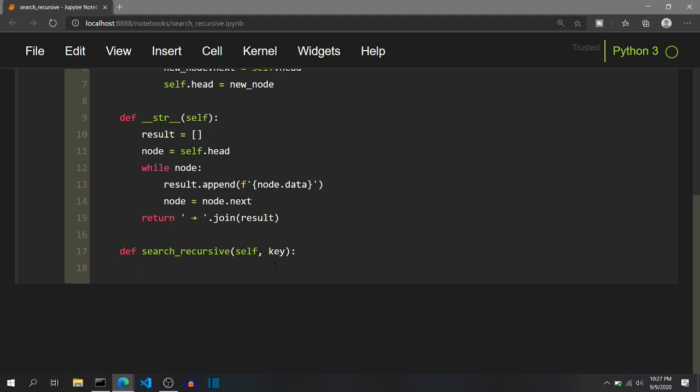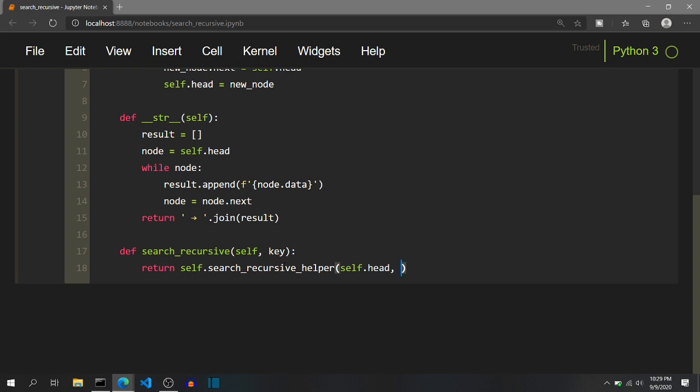So inside this recursive function, I will return the value returned by the self dot search recursive helper. This helper function will contain three parameters. First will be the node, where we want to check the data matching with the key.